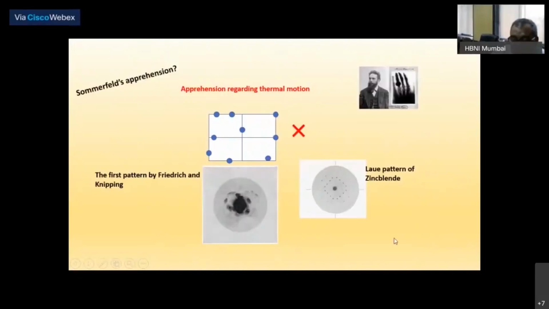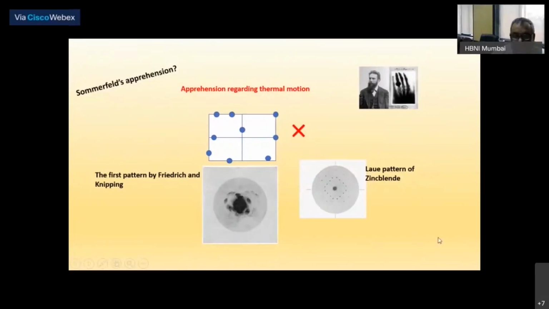As I told you earlier, there are apprehensions that thermal motion will destroy the periodicity of a crystal lattice, but it is not so. Even with this opposition, the experiments were done, and this is another revolutionary picture. The matter research community was excited, because Einstein made comments looking at this picture. For the first time human beings are able to look inside matter at a microscopic length scale. So this is a Laue pattern.